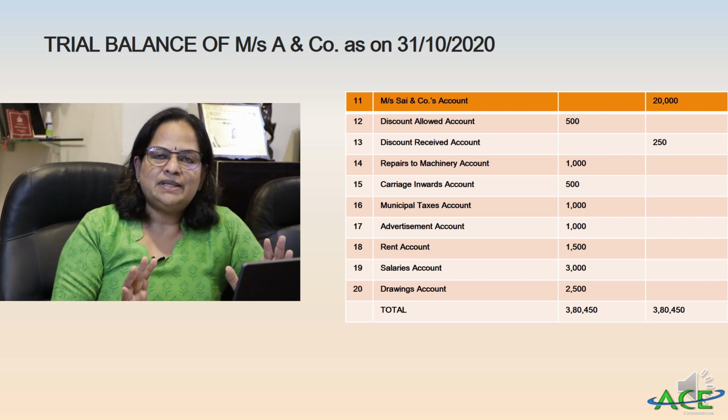So please remember that this is very important. Journal entry, then we prepared the ledger accounts, we have found out debit balance and credit balance. Then we prepare the trial balance, and the trial balance has to tally. So one by one we are learning the adjustments, progressing with our syllabus. Up to trial balance we have prepared. Now from the trial balance we can prepare the trading profit and loss account and balance sheet. So this is very important, and I will be giving extra problems for you to practice.